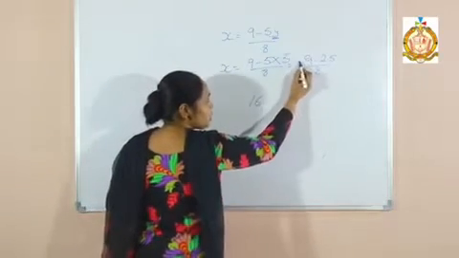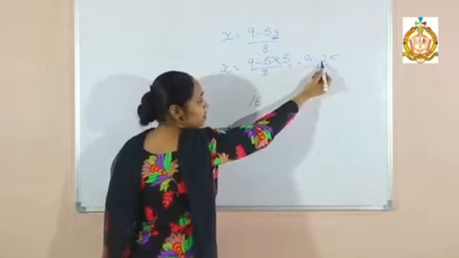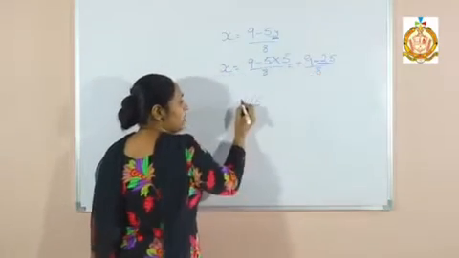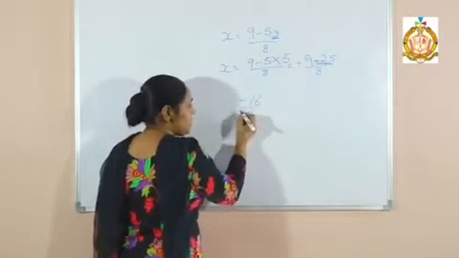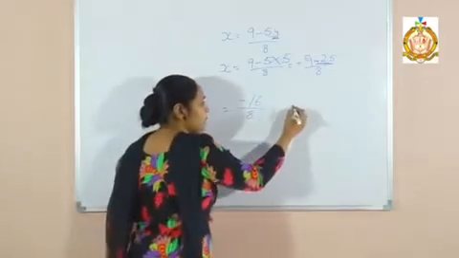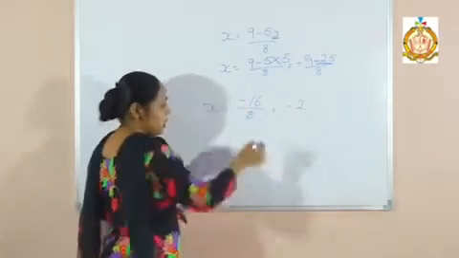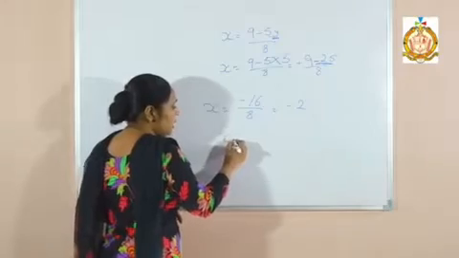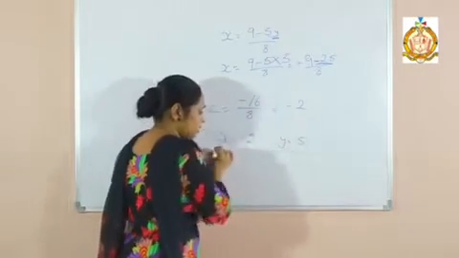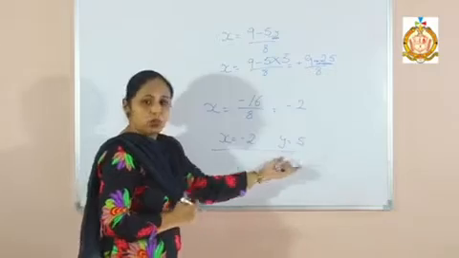And there is, this is positive, this is the greater number. We have to take the sign of the greater number, that is minus 25. I will take minus divided by 8. Now we have to divide 16 with 8 and it becomes minus 2, and x will be minus 2. That means my answer will be x is minus 2 and y is 5. That is my answer. X and y both I have found.